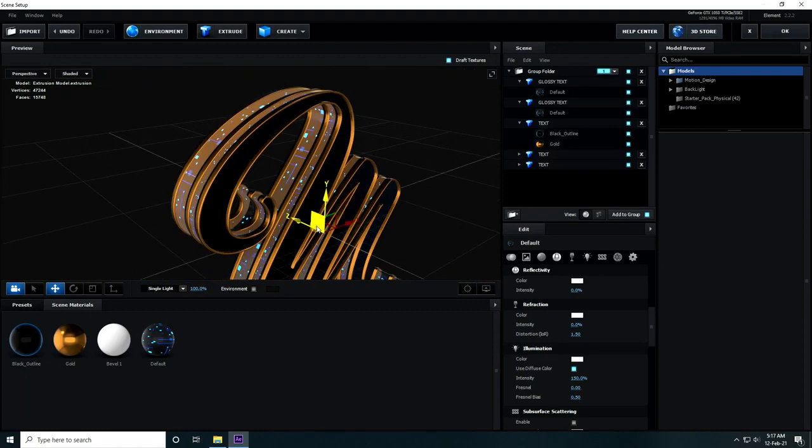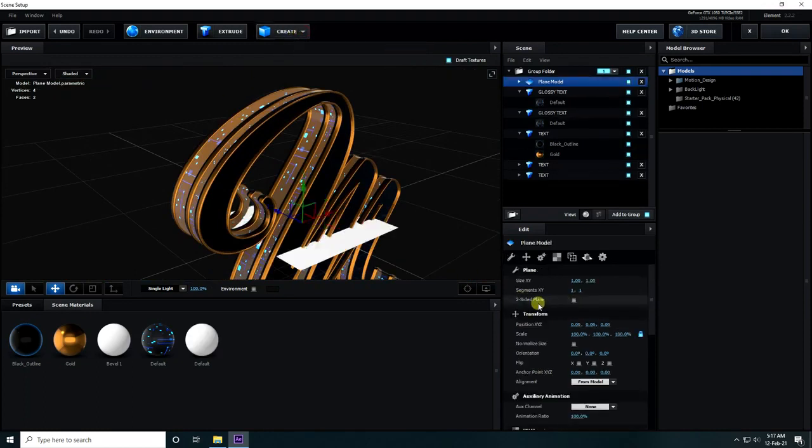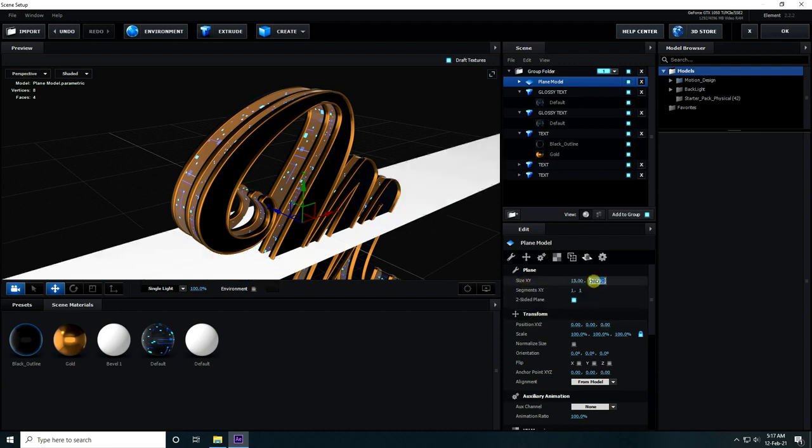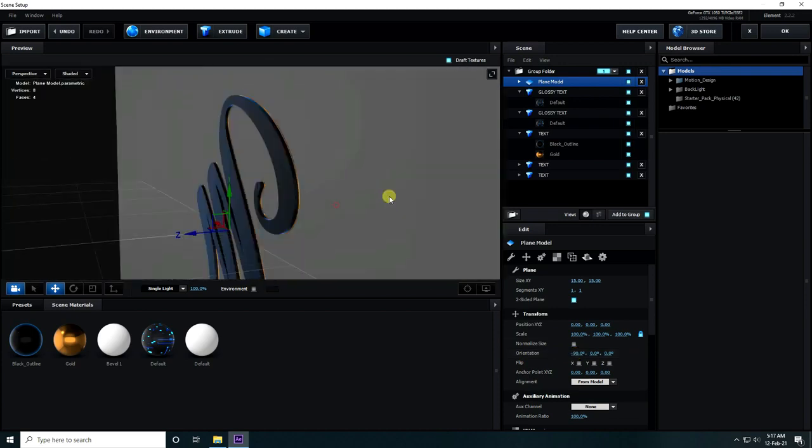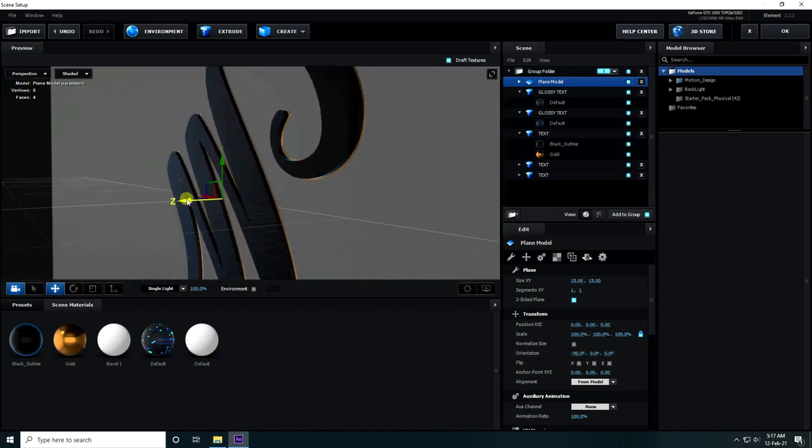Okay, so now guys, I apply a plane. So go to create and click on plane, check double-sided, and plane size I take 15 and 15, and rotation, actually orientation, -90, and go to back like this.